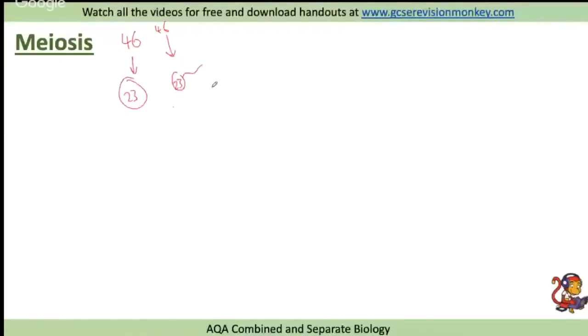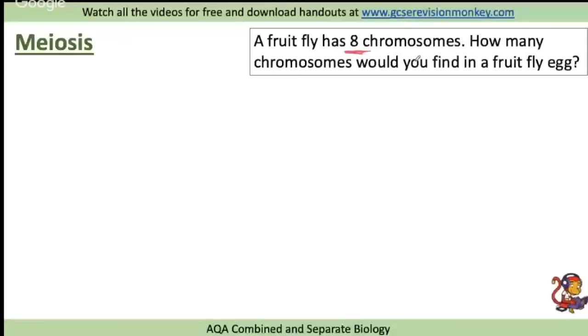They might ask you about a completely random animal, or they might even start talking about plants or something else. They'll probably keep it on animals, to be honest. But here we go. A fruit fly has 8 chromosomes. How many chromosomes would you find in a fruit fly egg? Well, it's exactly the same principle. If he's got 8 to start off with, in the egg, there'll be 4 because there's half the number of